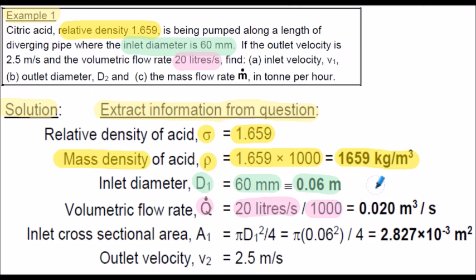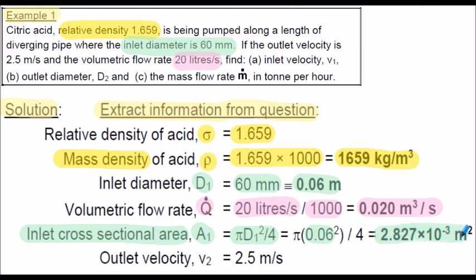Remember, our conversion is 1,000 litres in 1 meter cubed. So the volumetric flow rate is 0.02 meters cubed per second. Because diameter D1 is given above, I can now work out the cross-sectional area of the inlet, A1 here. And I'm using the equation pi multiplied by D1 squared divided by 4. Inserting the diameter in meters from above, that evaluates to a cross-sectional area of 2.827 times 10 to the negative